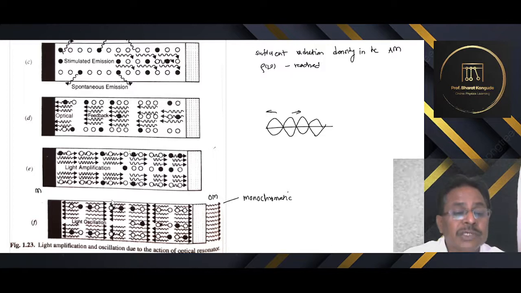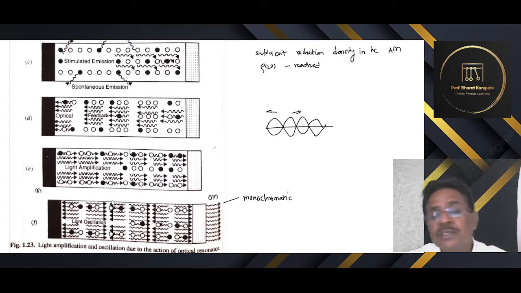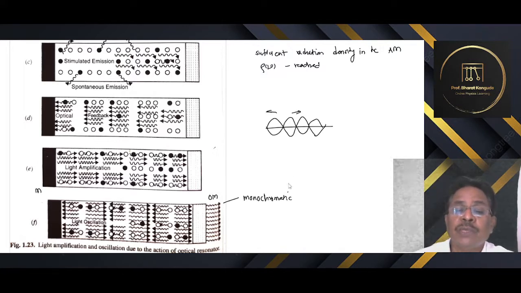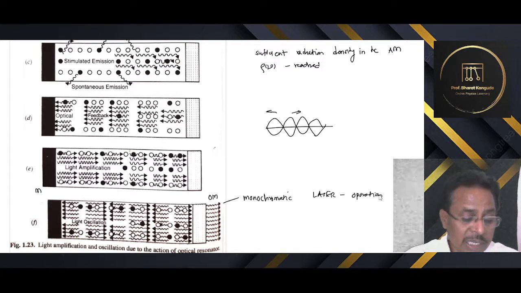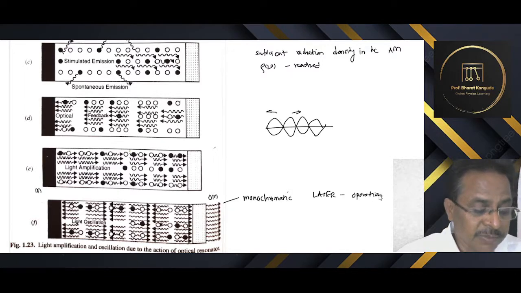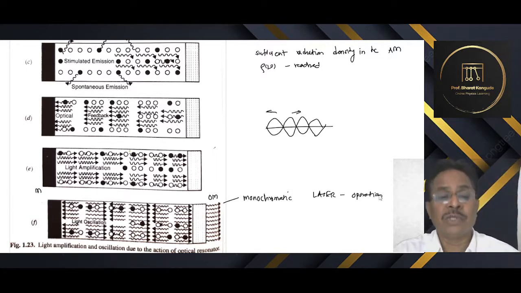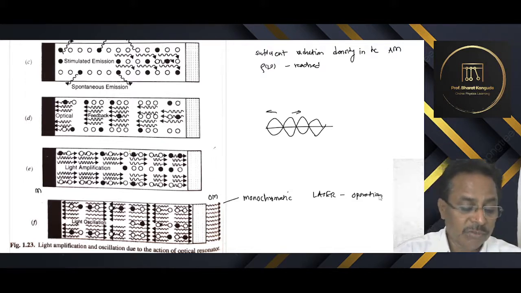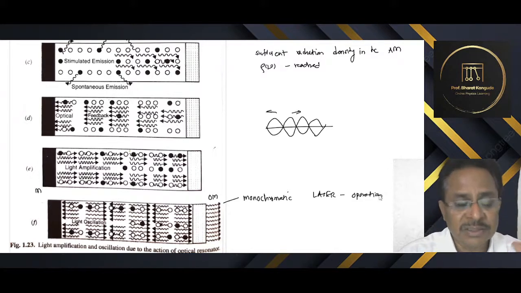Standing optical waves are generated, and whenever sufficient energy is reached, the radiation can come out of this mirror M2 and it becomes a laser source. So this is how this entire laser operation takes place. This particular diagram helps you understand how this laser operation takes place. More about this has been given in your textbook. You can read it later on, but I think it is not needed.